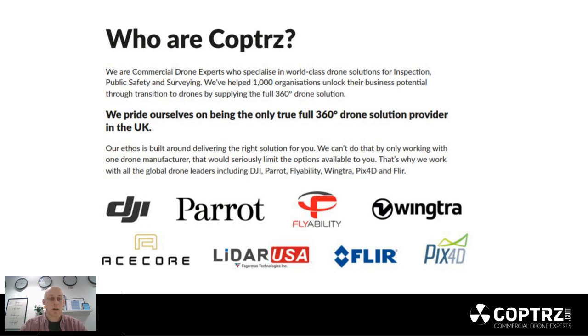So as you see at the bottom there, obviously DJI is one of our biggest manufacturers, with a gold level enterprise dealer here in the UK. Obviously, we deal with Parrot, like the Parrot USA or the NAFIs that you'll have seen. Flyability for the confined space Helios 2 and Helios 1 system. We also have Wingcha, along with LiDAR USA and ASCAR, which are more along the industrial mapping, and then also